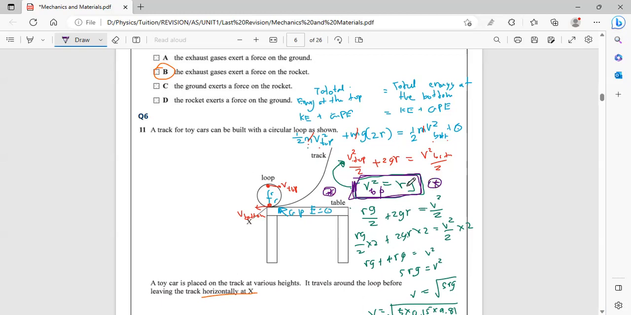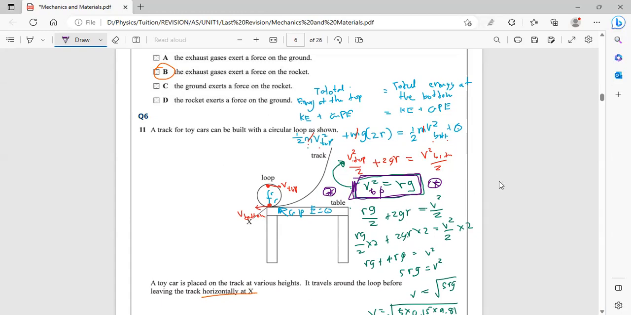So velocity at the top is equal to root rg. What is r? Radius of the loop. g is gravitational field strength. We can prove this using the knowledge of circular motion. But anyway, the rest of the question is around